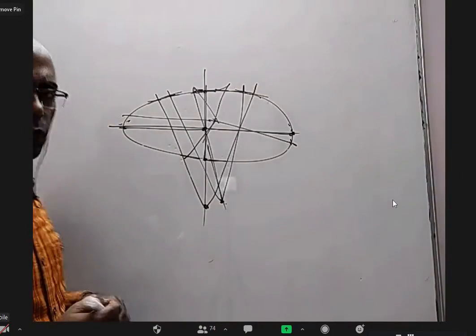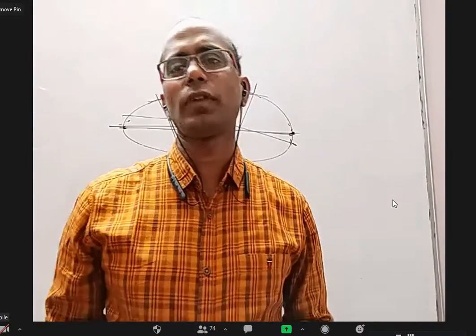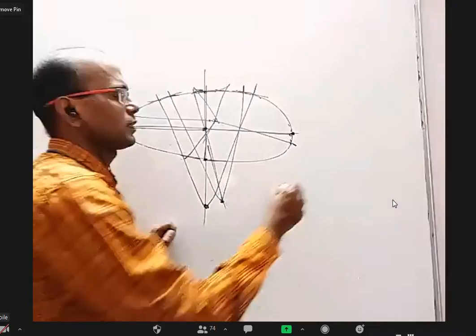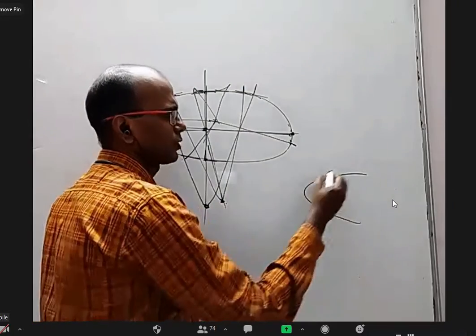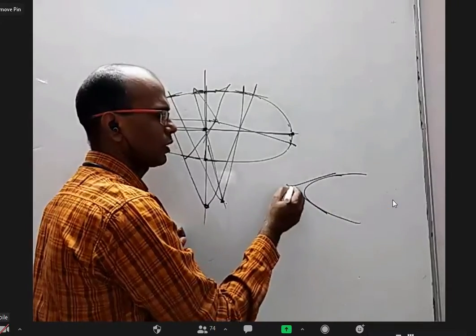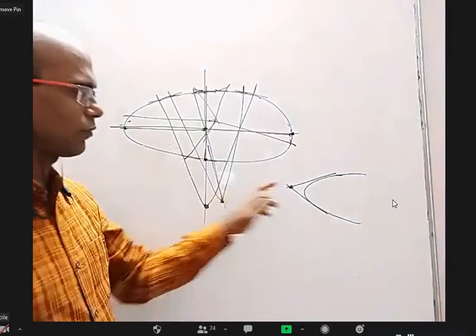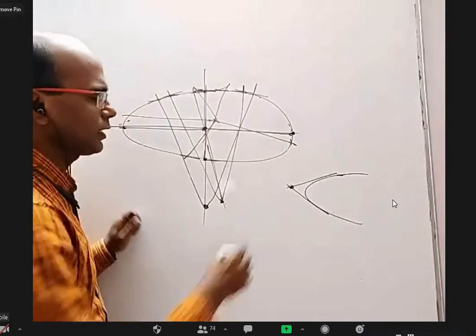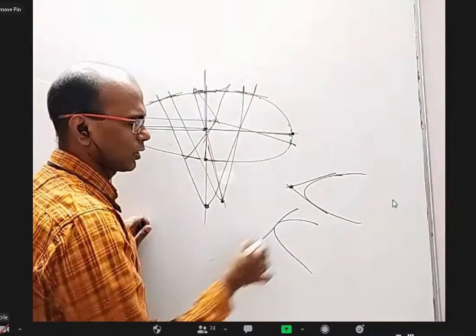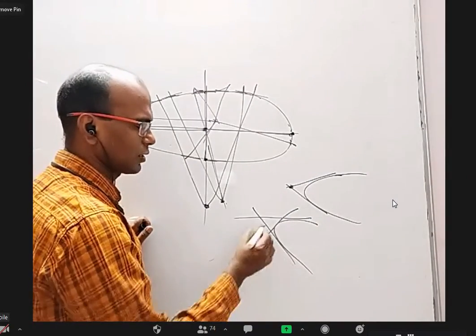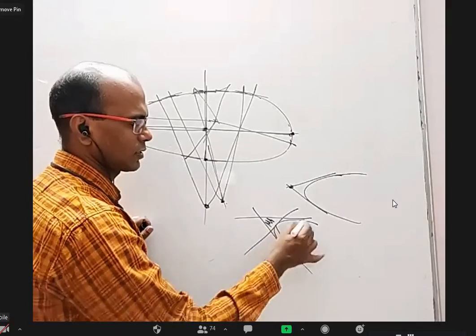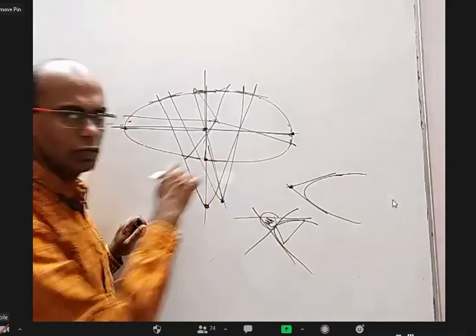But one thing, parabola is a more lengthy chapter than ellipse, for the simple reason that there are a lot of formulas. If you draw 2 tangents, what is the point of intersection of the tangents? There is a formula. Because of that, at least we can make up some questions. You draw one tangent here, one tangent here, one tangent here. We could find this area versus this area. We could find the orthocenter of this and all.